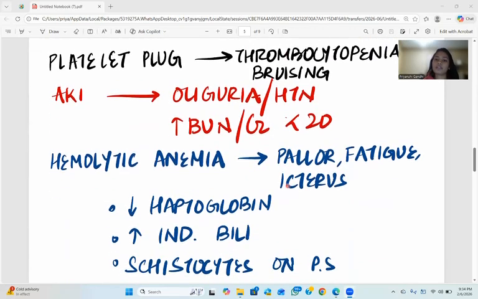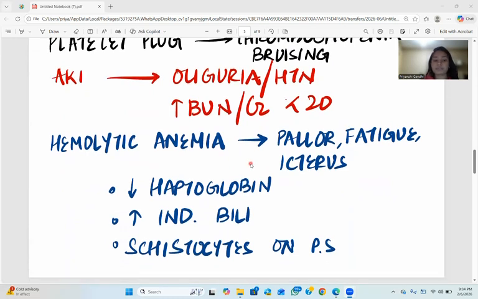So the triad of HUS is thrombocytopenia, which may present as bruising, fatigue, or ecchymosis. Then we have the intrinsic acute kidney injury, which may present as oliguria or hypertension with BUN to creatinine ratio of less than 20. The hemolytic anemia is the third component of the triad, and hence the patient is anemic